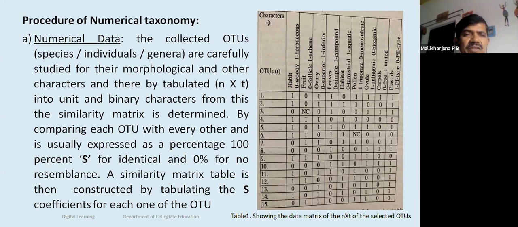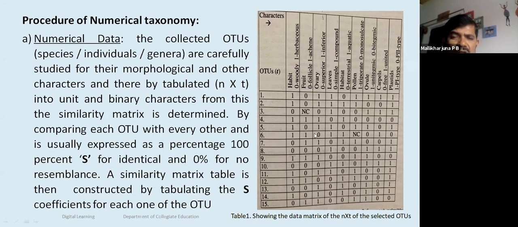Well, the first and foremost thing in the procedure is that we have to choose plants. Plants are individuals of the same species or a genus, or different genera or a family. So that is how we are going to take individuals, and a minimum of 50 characters of those plants should be taken. As this table denotes, we have taken 15 taxa, that is, individuals, and here about 10 to 11 characters.